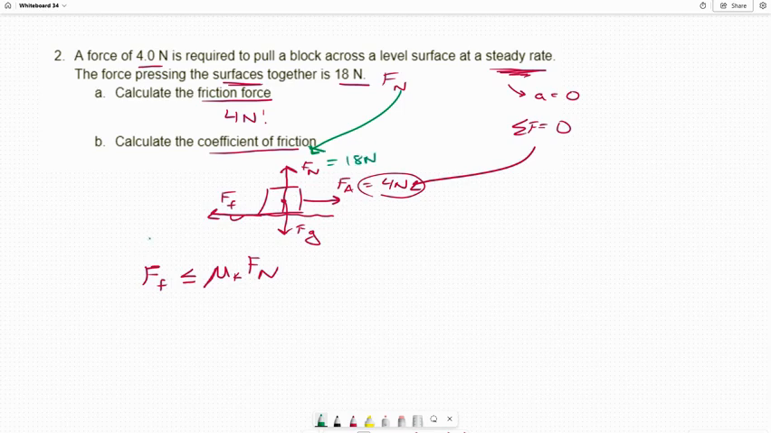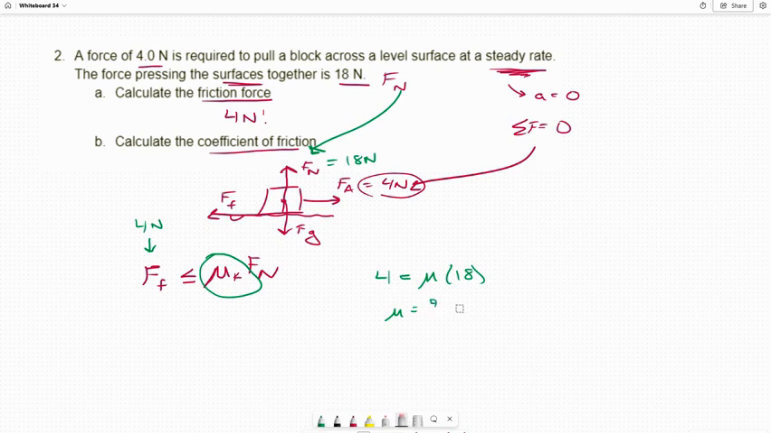Your force of friction, you just found out, was 4 newtons. So all we have to do now is set up and try and solve for that mu. And so I would basically say 4, and I'm going to just flip over to equals to make my life a little bit easier here, is equal to my coefficient of friction times 18. And so our coefficient of friction, in this case, is going to be 4